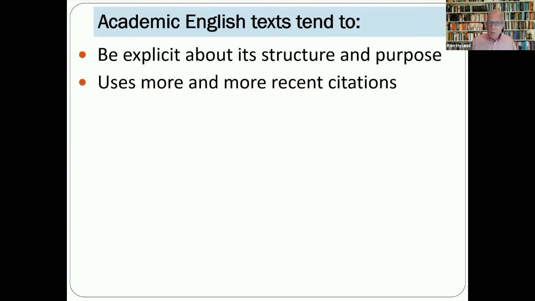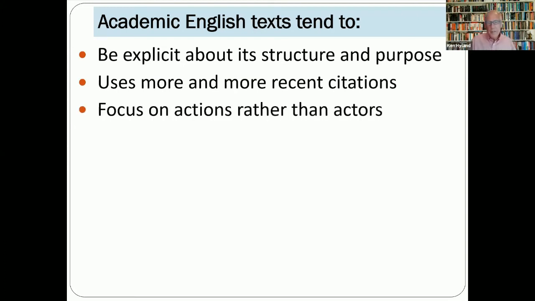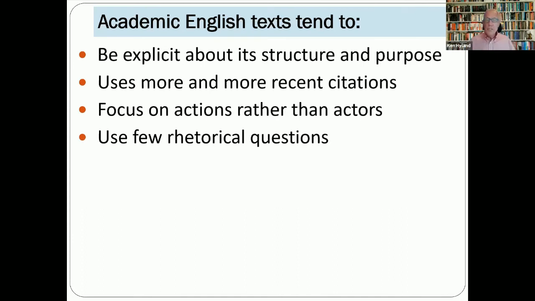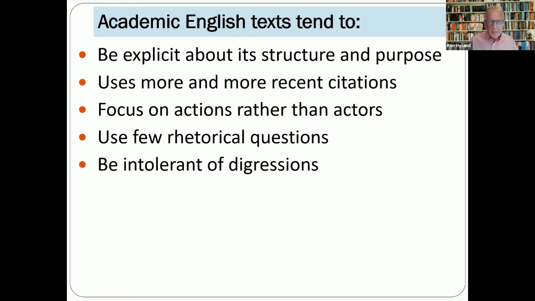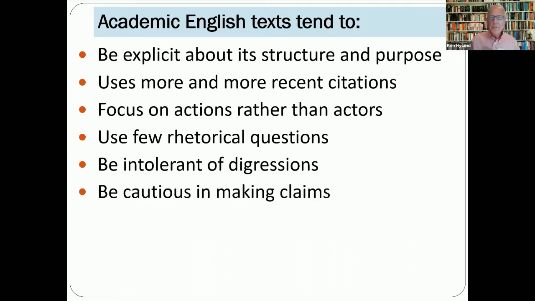Academic English uses more and more recent citations. It focuses on actions rather than actors. It uses very few rhetorical questions. Students often find this hard because they've been taught to use them at school very often as a rhetorical device. It's more cautious. It's less tolerant of digressions. You're supposed to stick to the point. It's very cautious in making claims,